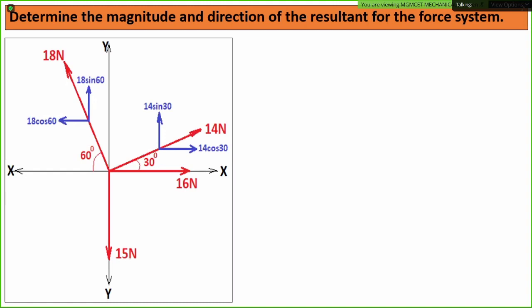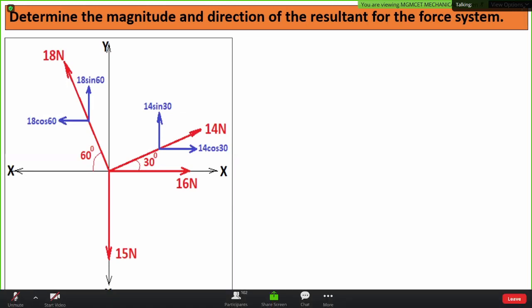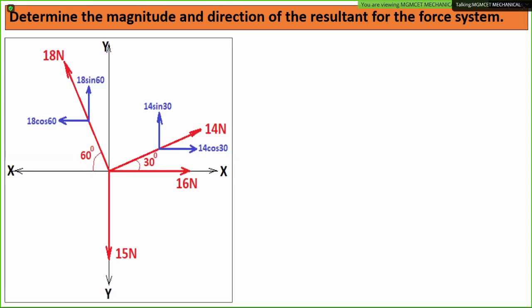So the third numerical says, see, such a type of numerical will definitely be there for 8 marks in your exam. That is question number 2A. Definitely such numericals will be there. In such numericals, can anyone tell me what type of force system? Can anyone unmute and speak? Concurrent, sir. Yeah, concurrent force system. So it is a concurrent force system.